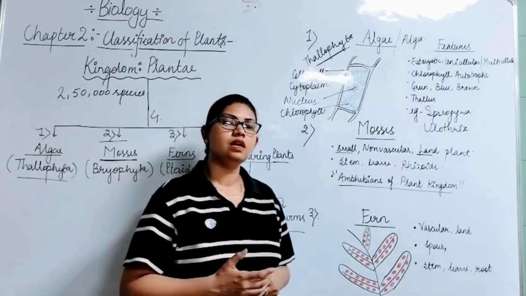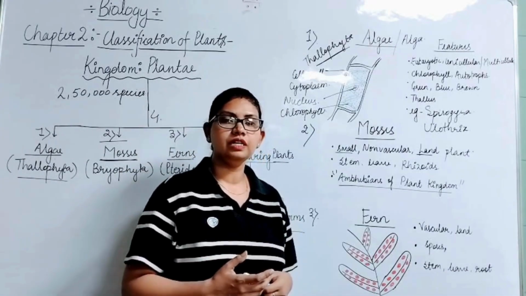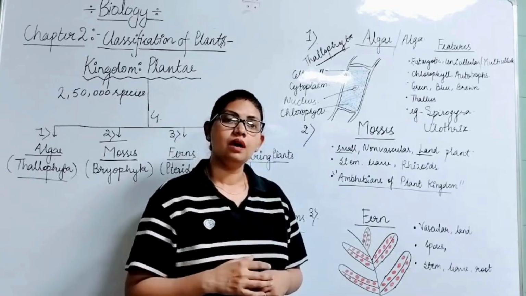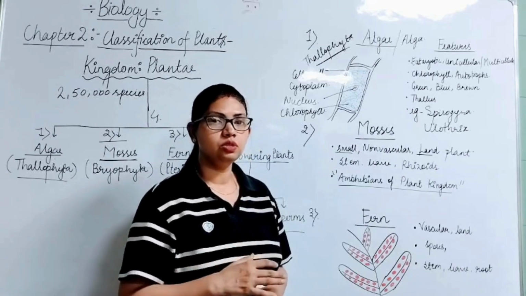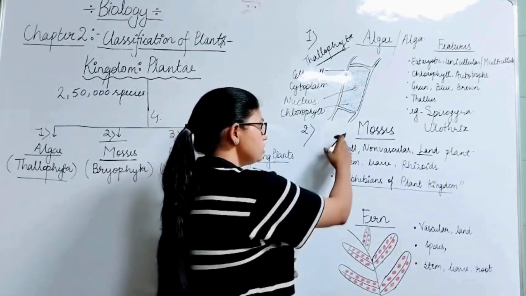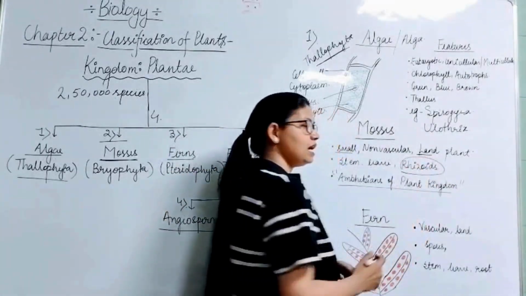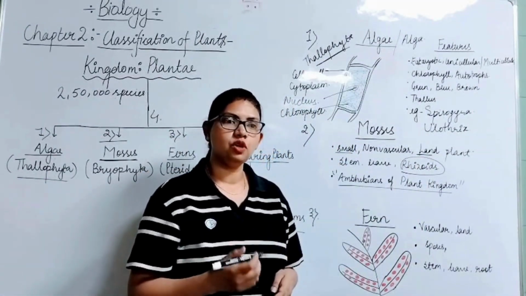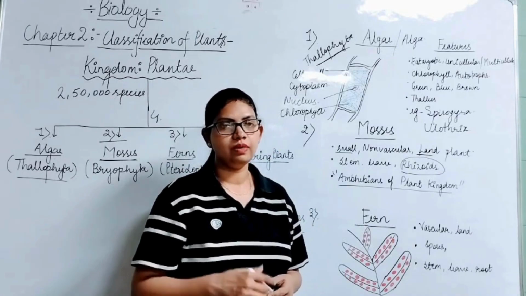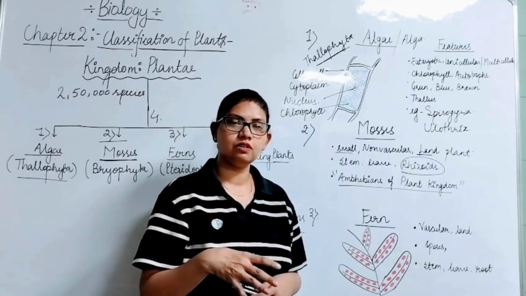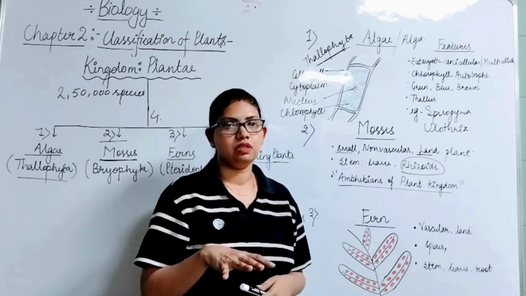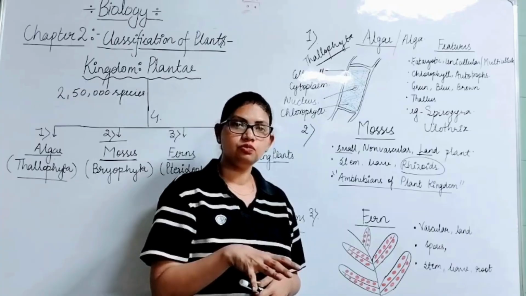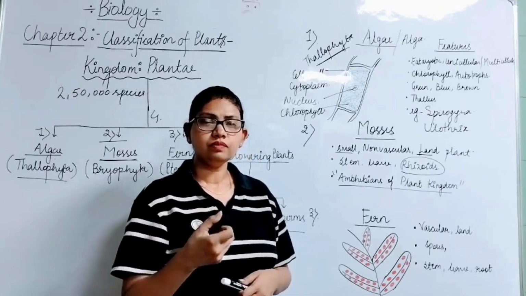And the next feature is mosses are differentiated into stem and leaves, but they do not contain roots. In place of roots, mosses have rhizoids, and these are thread-like structures that help in absorption of water from the soil. Basically these work as the roots, but these are not called roots. These are tiny, very fine thread-like structures which attach to the soil and absorb water from the soil for